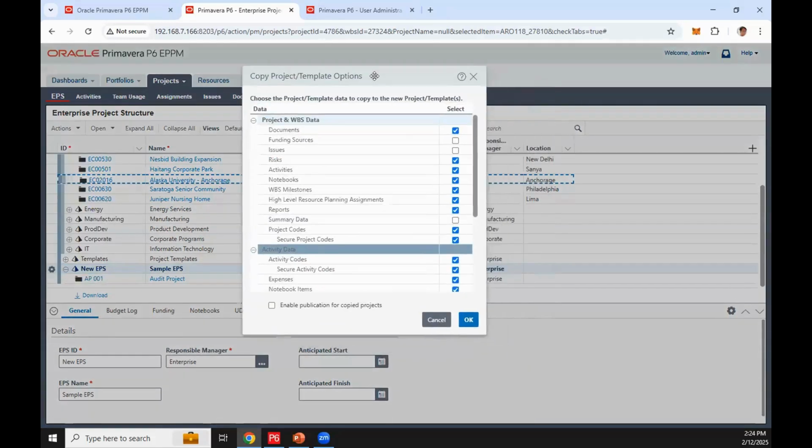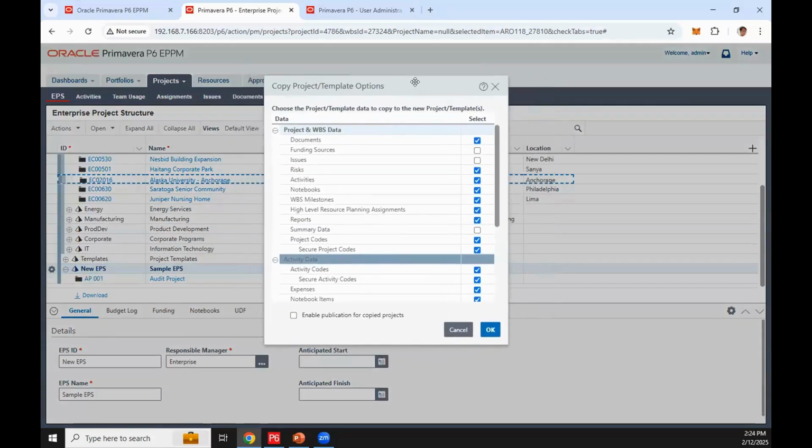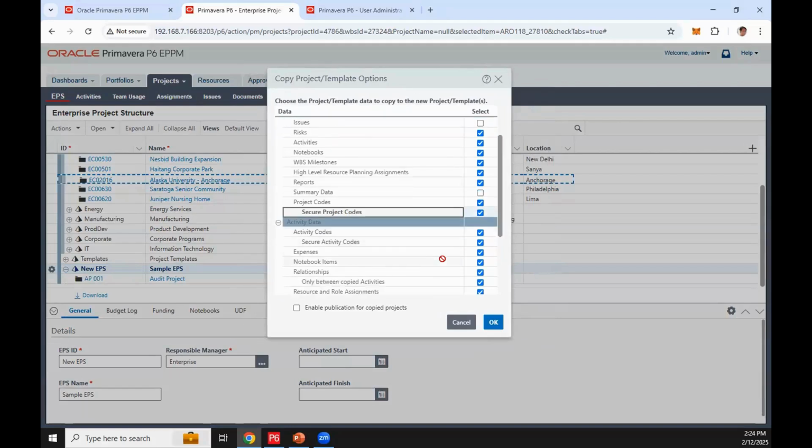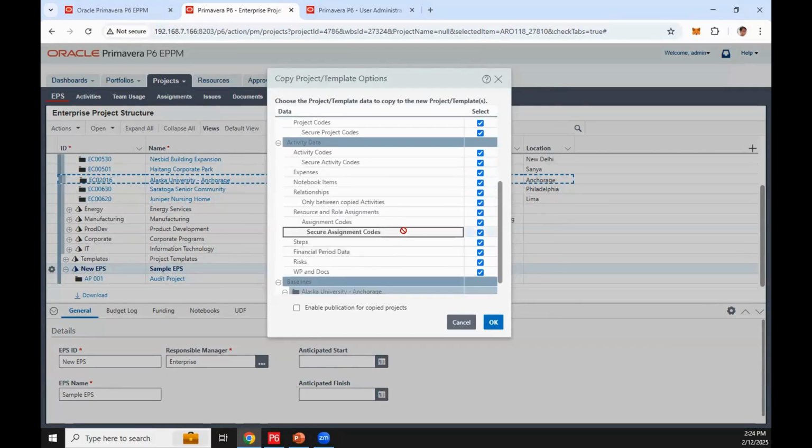And so from the copy project template option, if you notice, you have here the secure project code. So you have the option to exclude this one. For example, you may want to exclude the project codes, the activity codes with the secure code, and also the assignment codes.